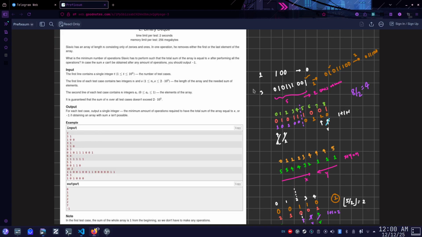For example, if we take this example 9, 3, there are 9 elements in this array. In this we have to find the minimum number of operations such that if we remove from the start, or either from the end, the remaining array will have the sum of 3. So one way to think is that if we take this as a string of integers, we have to find the nearest 1 to remove. This way we are able to solve this